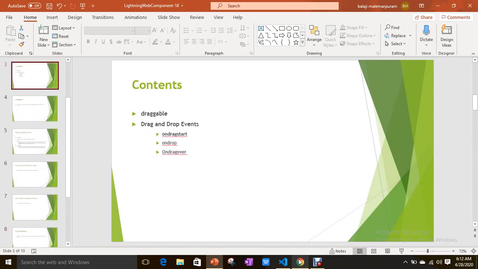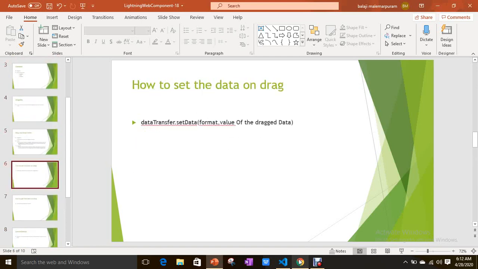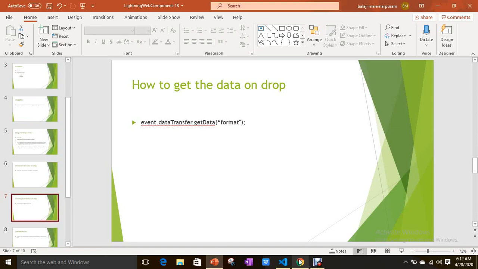If you see all these things, do you think these are related to the Lightning Web Component programming model specifically? No. These are all general, modern JavaScript events and methods. You just need to use those things and you can achieve the drag and drop functionality.